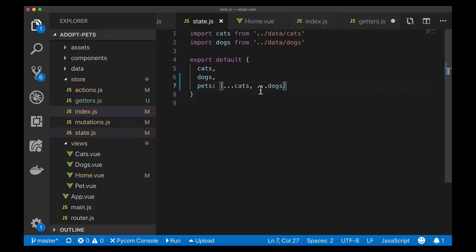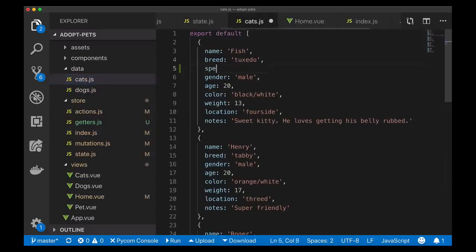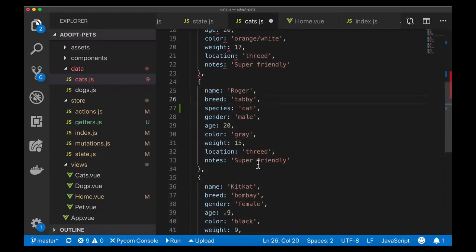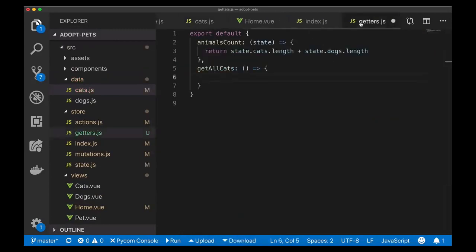So now that all of the pets are together here, I'm going to need to add what species they are inside the data to differentiate between the two. So I'm going to add species is cat, and I'm going to copy this and just paste it in all of these. I have one extra comma. And I would put this in dogs too, but just to show the getter example, I'm going to say get all cats will return